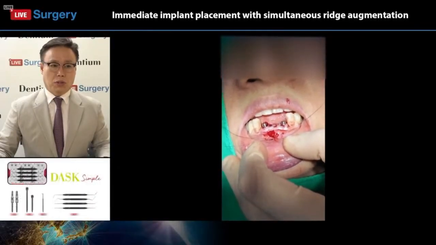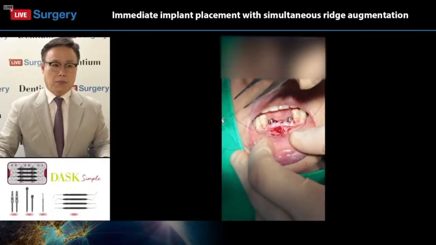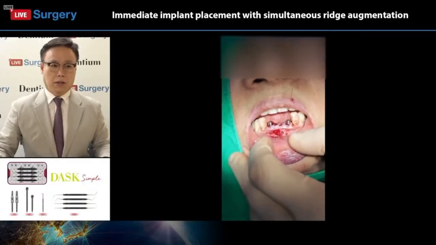Once we finish the suture on the distal vestibular incision area like this,